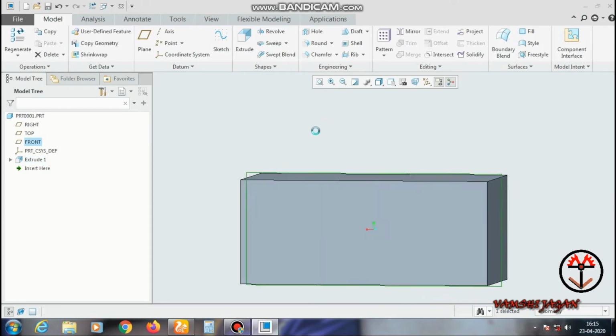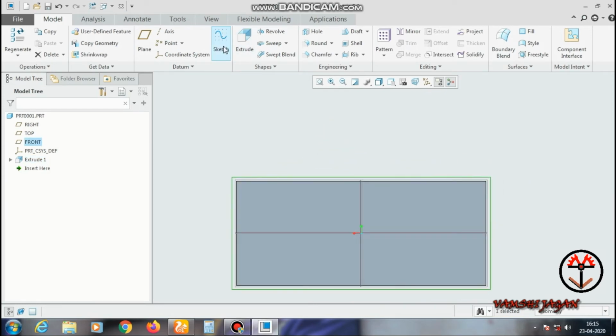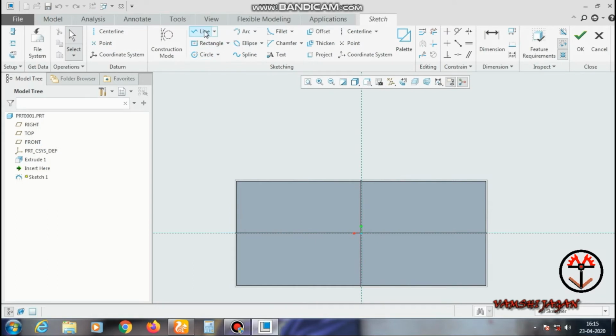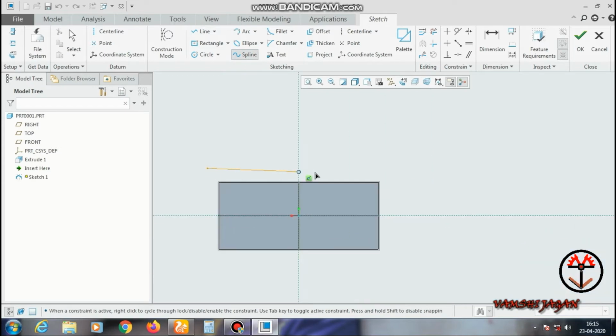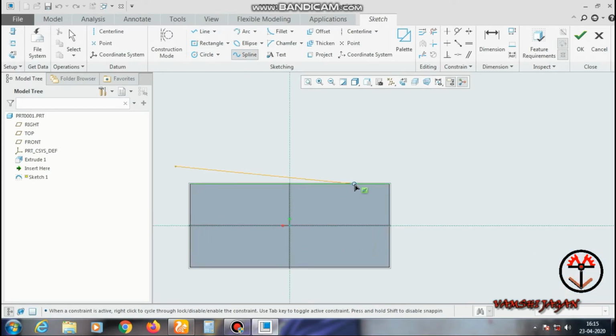So select plane. In the plane, I will draw one trajectory. So I will select spline. No. So I will select the arc.